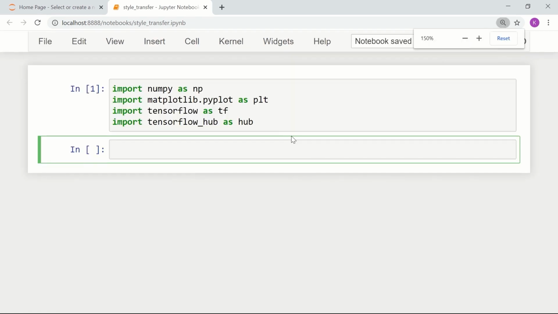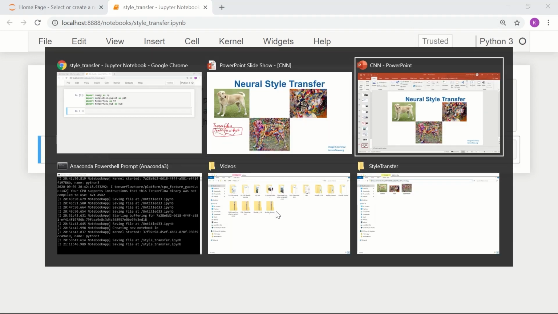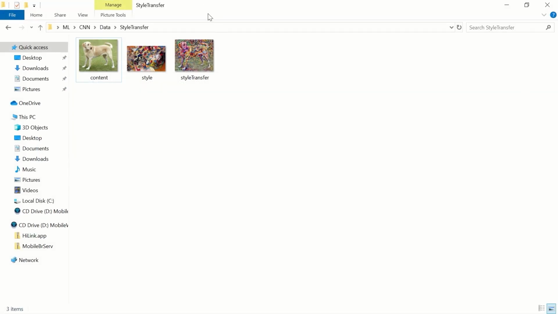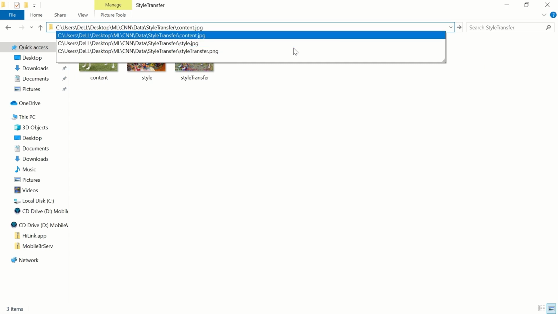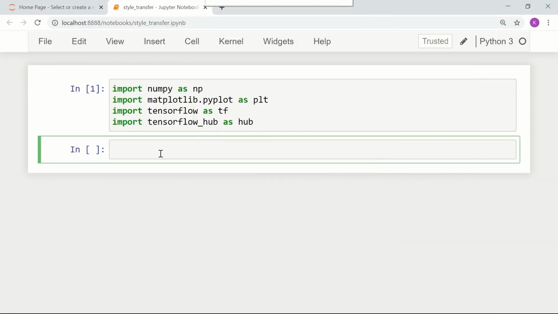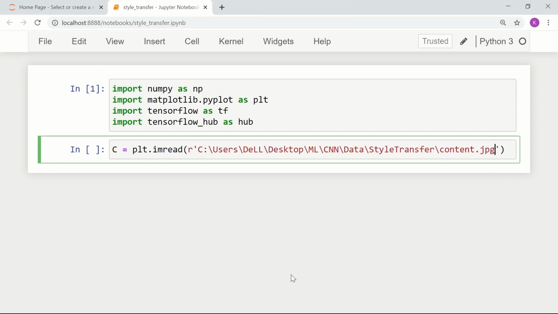Next, we load the images. Let's load the content image. Let the content image be C, so plt.imread of the content image file.